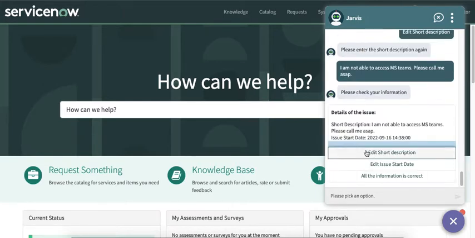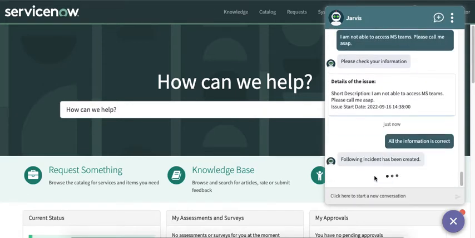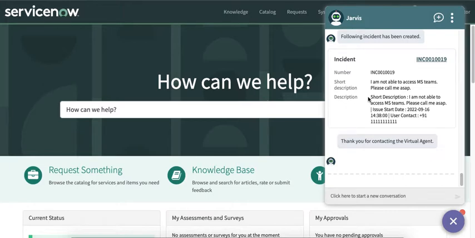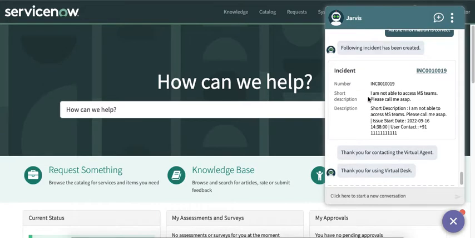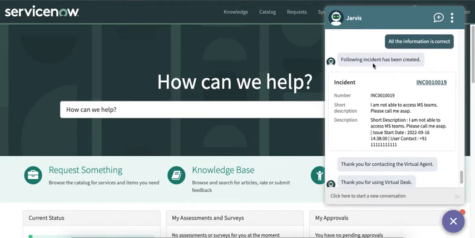And then again the virtual agent will ask me to check my details, and now let's say all the information is correct. So I'll click on all the information is correct, and then the virtual agent will show the message that following incident has been created,